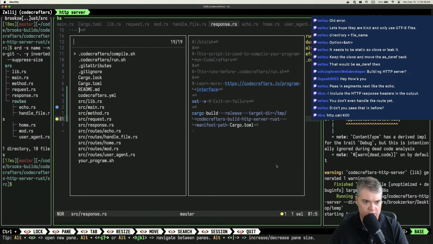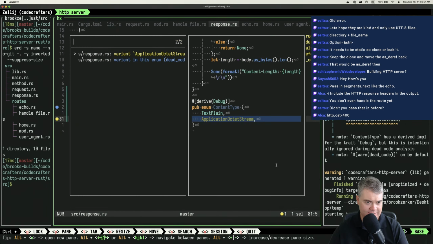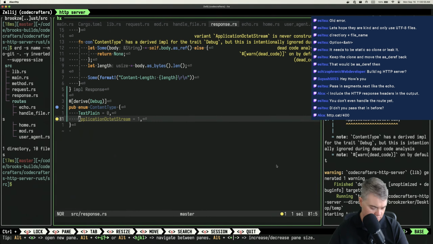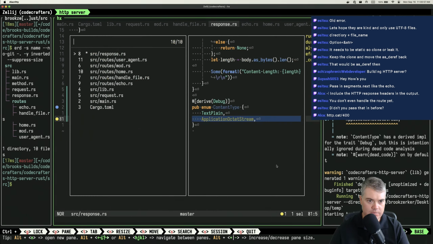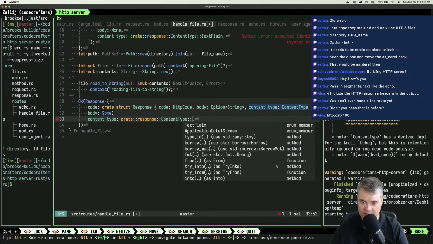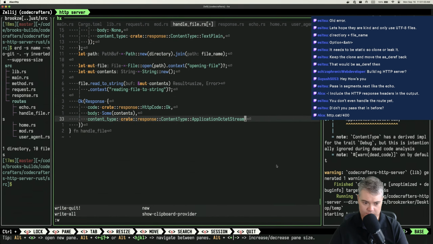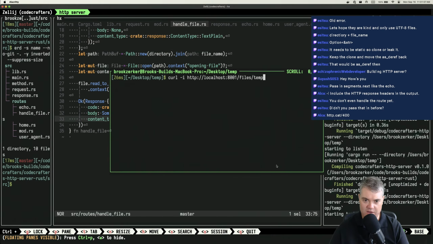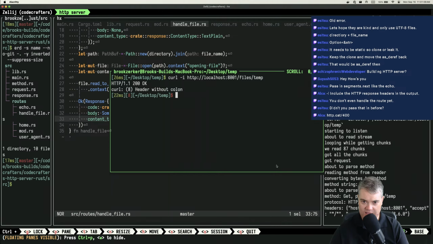Okay, so I accidentally put that into the wrong one. I want, wait, where am I going? File. Let's open new file, that one. Handle file, so instead of text plain, you're going to be application octet stream, okay. Excellent. So now if I run you again,